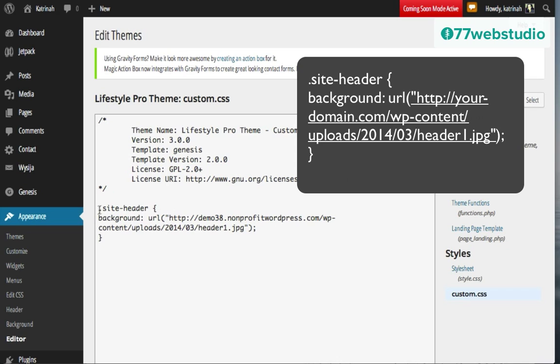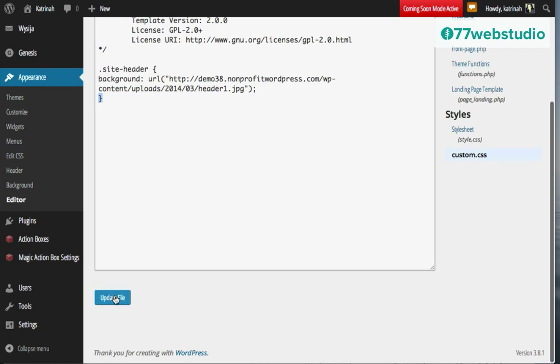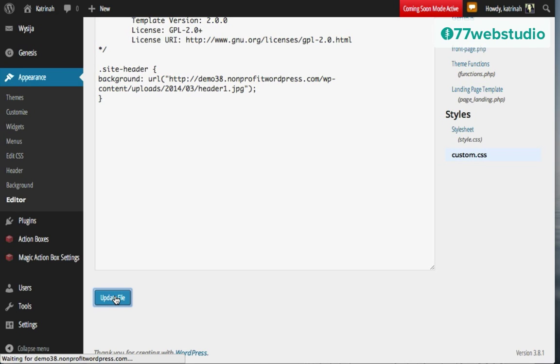So this is what we have: .site-header, there's a space, there's an opening curly bracket, it says background with a colon, a space, url, parentheses, quote, and then here we have the actual image URL, followed by a quotation, a parenthesis, a semicolon, and the closing bracket. I'll be sure to drop all this in the video so you can see it really easily. Then I'm going to come down here and click on Update File to update my file.